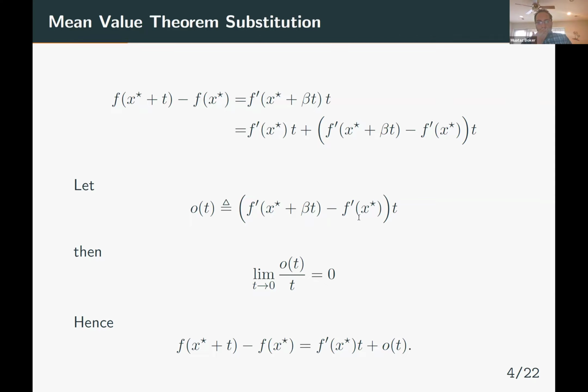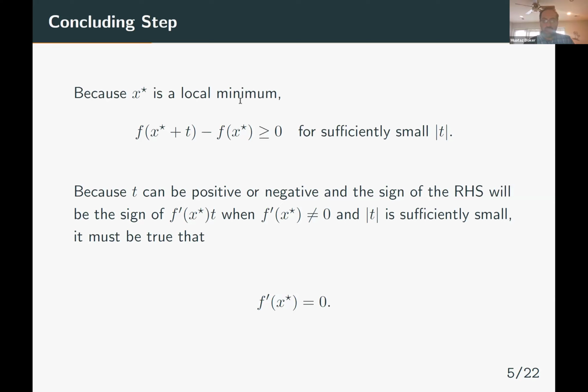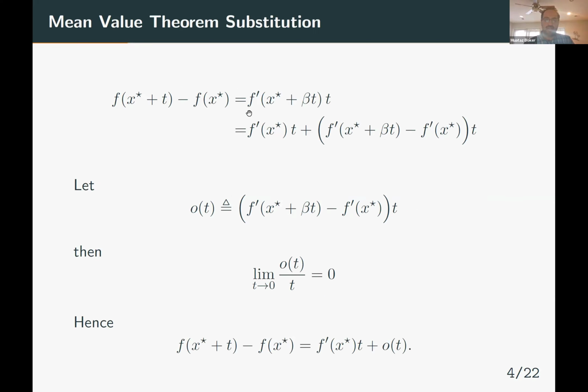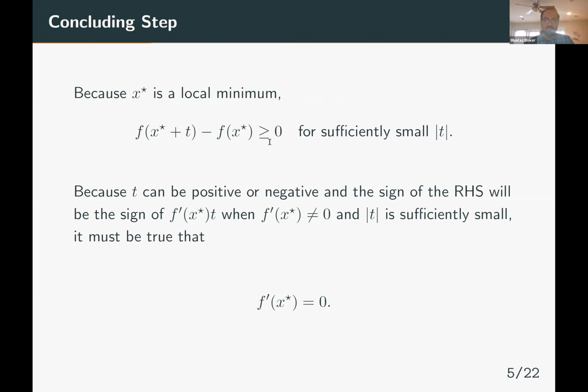If you divide this term by t and you take the limit as t goes to 0, you can easily see that that term is equal to 0. So now replace this with the definition o of t, and we end up with what we have here. And because x star is a local minimum, it means that even a deviation by t from x star should give f of x star plus t minus f of x star larger than or equal to 0, for sufficiently small t. And because t can be positive or negative,